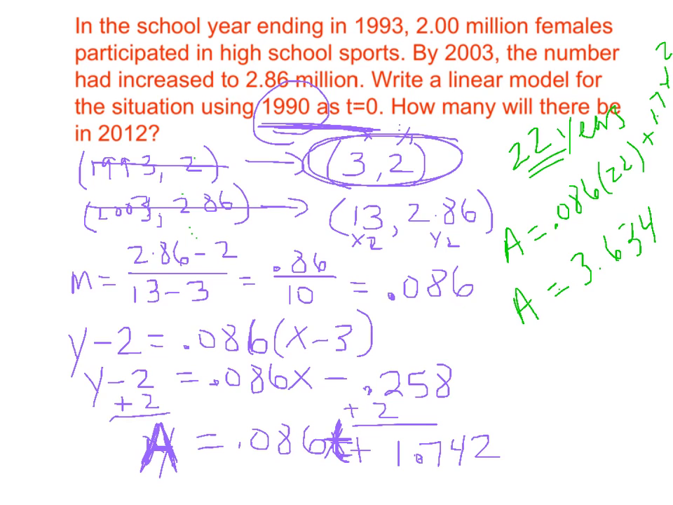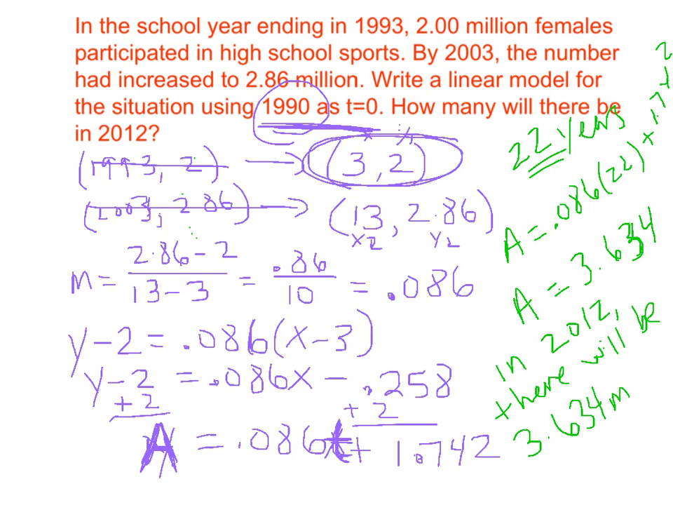3.634. Now, this is not an appropriate way to leave your answer because this problem is dealing with a real-world situation, so you always want to relate your answer back to the problem. We know that A is standing for the number of female athletes, so we're going to say there will be, in 2012, there will be 3.634 million female